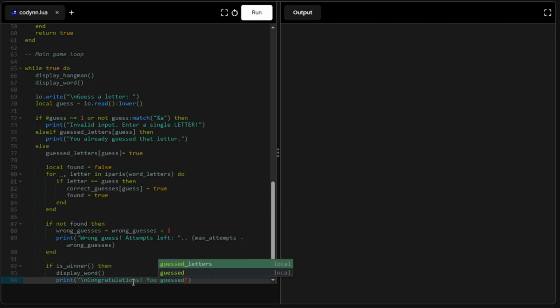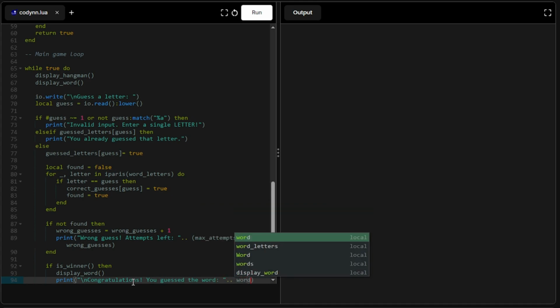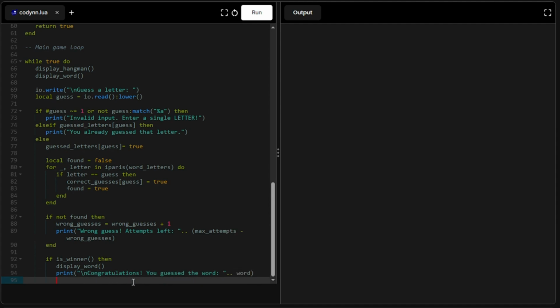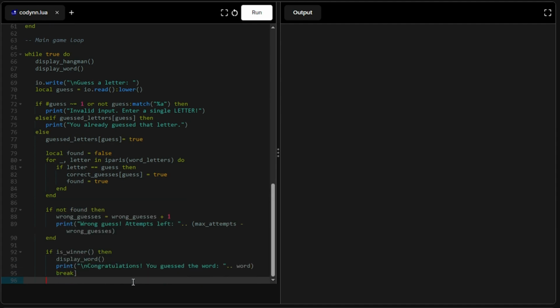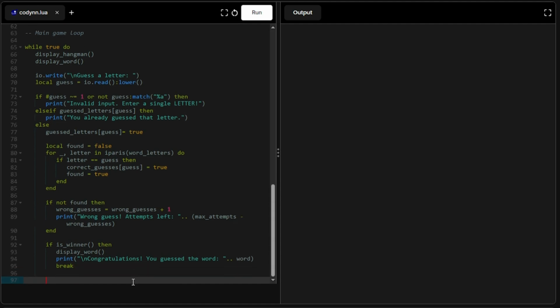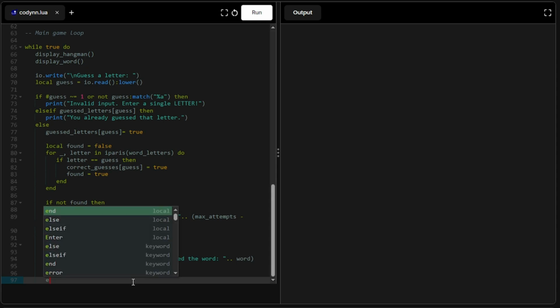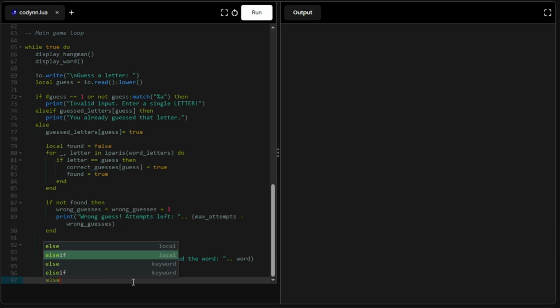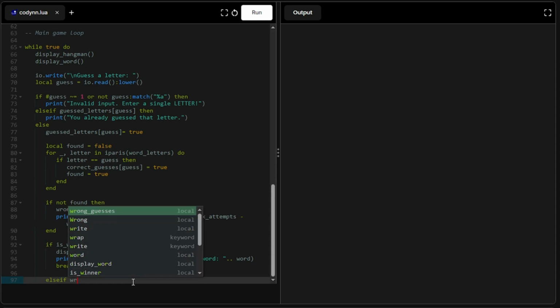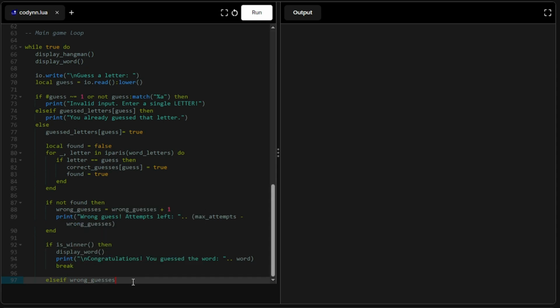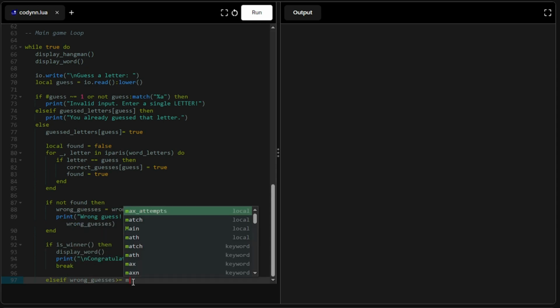You guessed the word. And then we'll concatenate the word that was guessed, and we'll break our loop. Now if the player does not guess the word correctly, that is, if the wrong guessing is still going on, we will add a condition. That is, else if the player has not won yet, else if the wrong guesses is more than or equal to the max attempts,